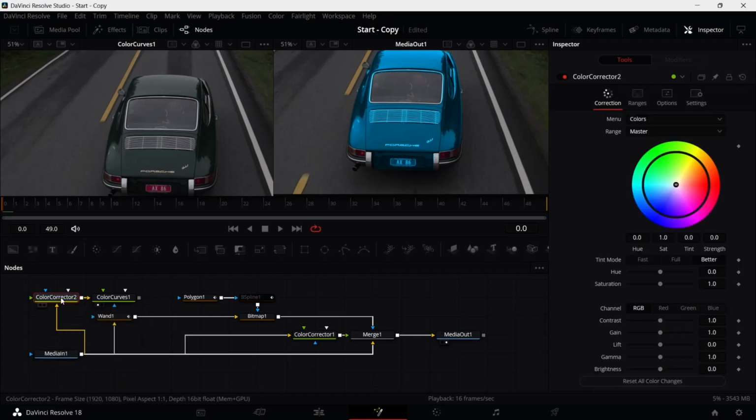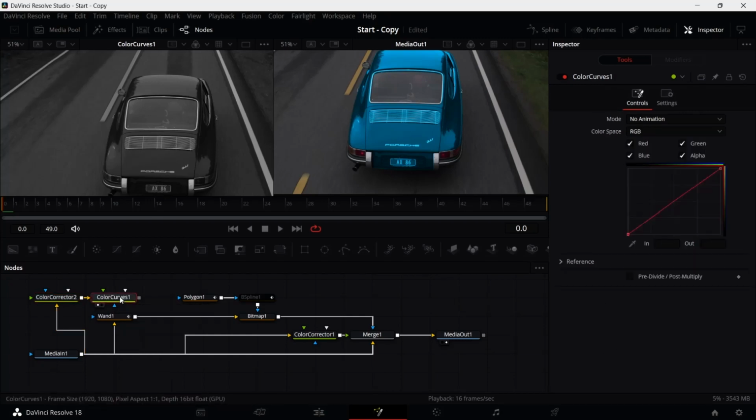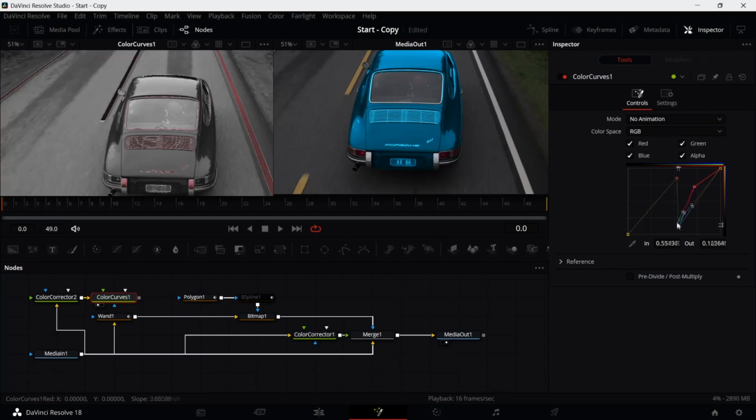And let's first start going over here, giving the color corrector a double click, which brings it up in the inspector. And let's take all the color out of that. Okay? That'll make it much easier for us to separate things out when we're just separating black and white. So the next part of this is we're coming over here to the curves, and without making any other adjustments other than this one, we're going to click on the line there and make two adjustment points. We're going to bring this one up here, and we're going to bring this one down here, and you can see,